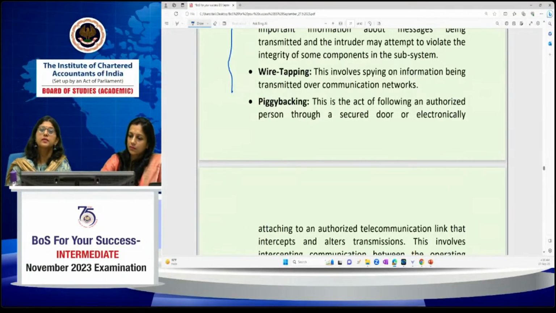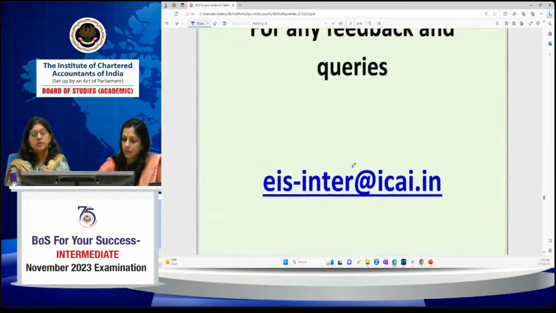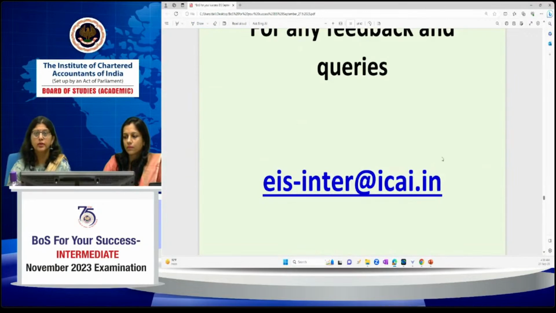Still, if you have certain more specific queries, we would appreciate it if you send those queries to us at the email ID eis-inter@icai.in. It is our email ID. You can reach out to us through this email ID, and you can send your queries to us, and we will try giving you the answer. At times we may share our landline number also, which is